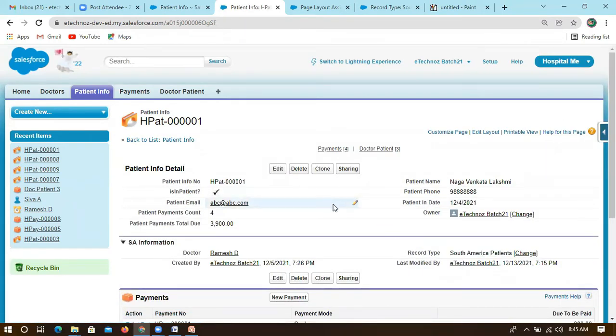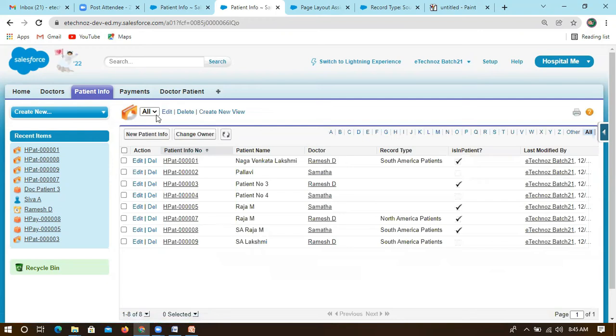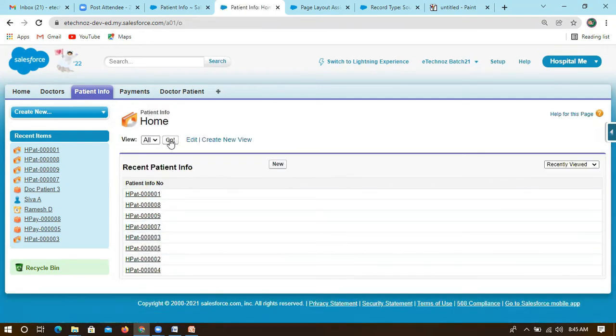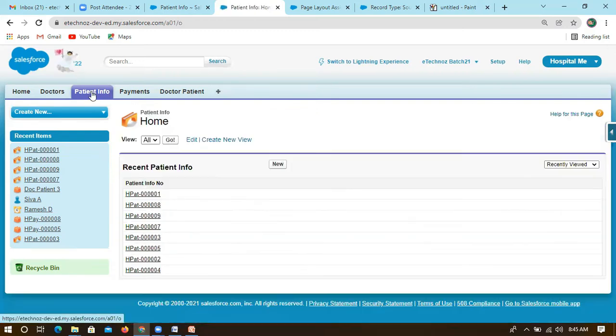So now we are controlling data based on record types, is it clear? And this is from the front end, what we are just seeing, not from the back end. When you click go, have you identified this? When you click, immediately you are not able to see all the information. Only when you click go are you able to see this information, right? So what if I want to click on the patient info itself and immediately showcase all the fields here instead of going back?